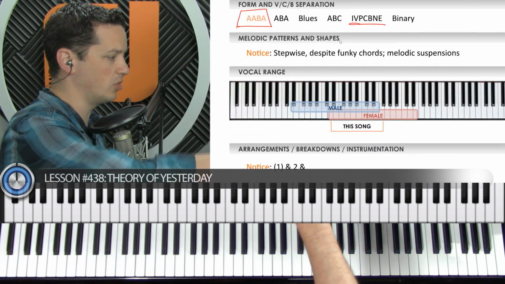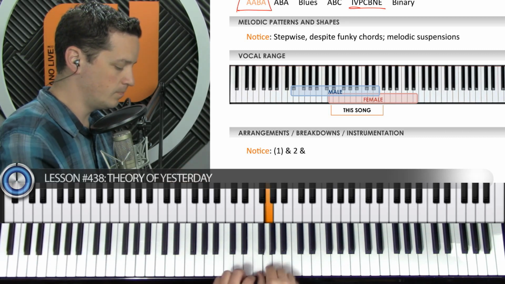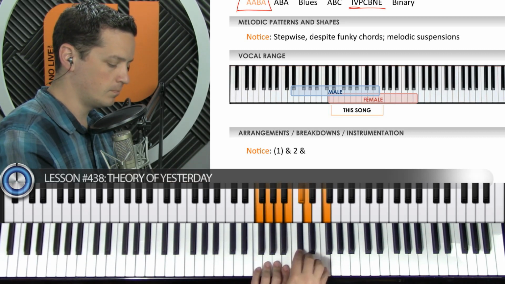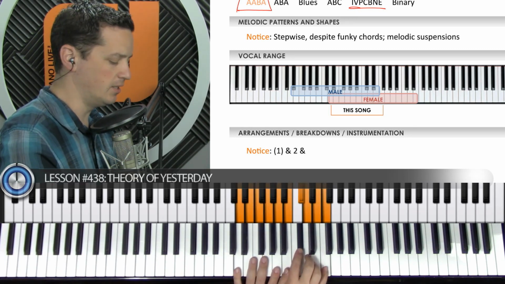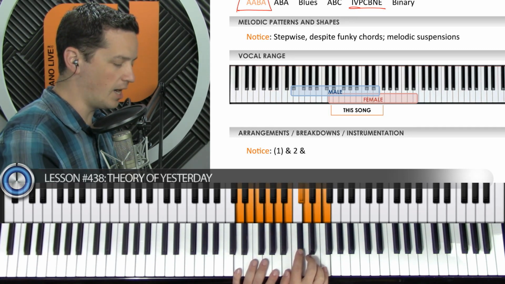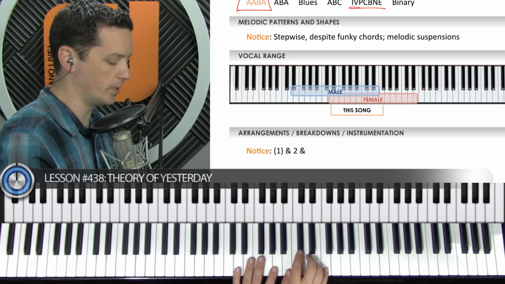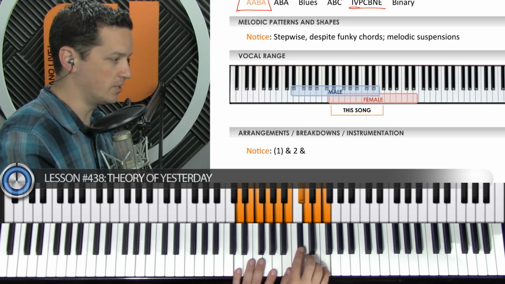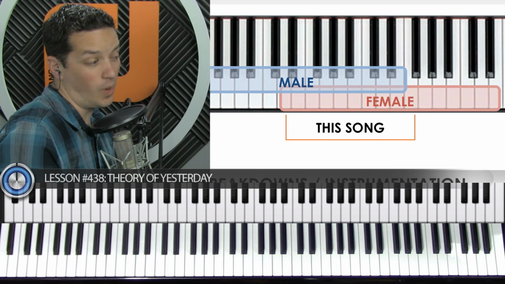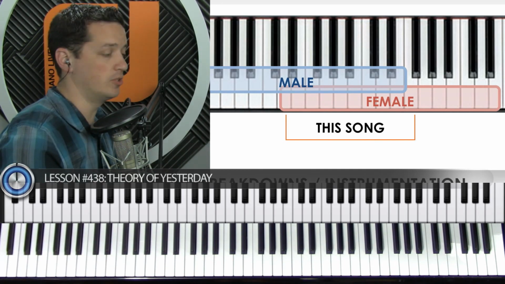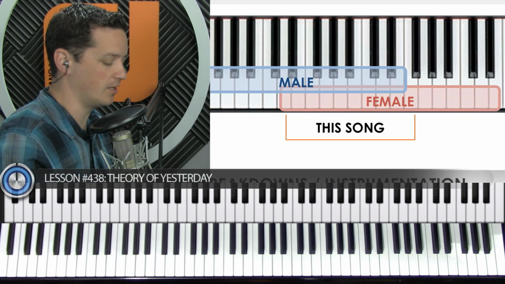Now, this song only has 10 notes in it. That's kind of our range right there, from that D up to that F, which is definitely on the high part of normal, high range of normal. So you can see for a dude to sing this, they're going to be getting in above where is safe for most male vocalists. A lot of people can sing up there. It's just barely outside of the normal range.